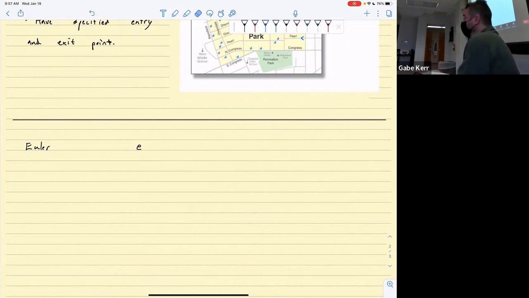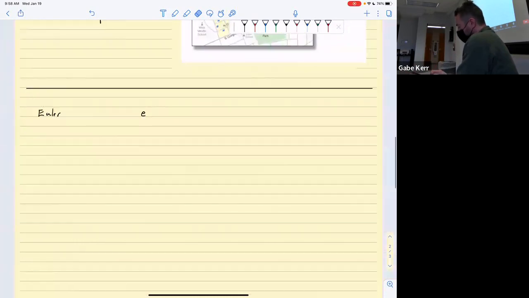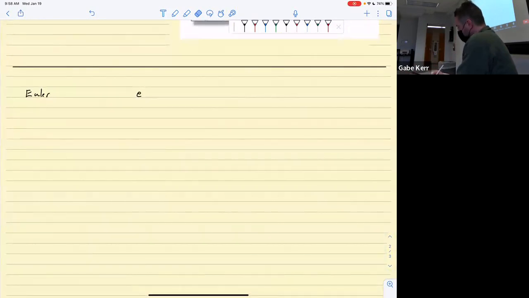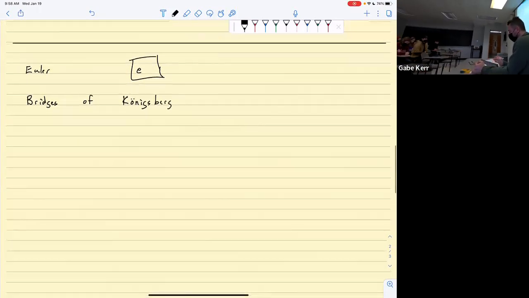He's known as a guy that came up with some basic applications of graph theory. And here's one that goes way back. It's a classic. So, Bridges of Königsberg. Super prolific, wrote a ton of math. I don't know where Königsberg is. Definitely somewhere in Germany.